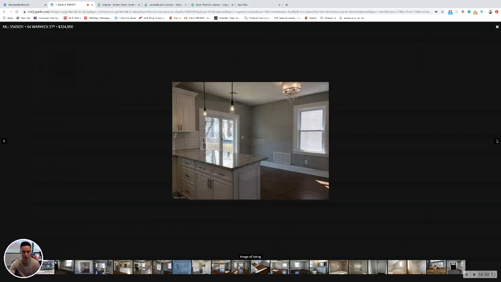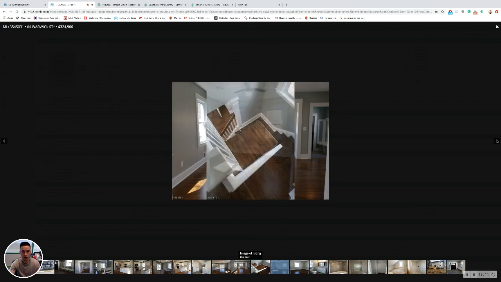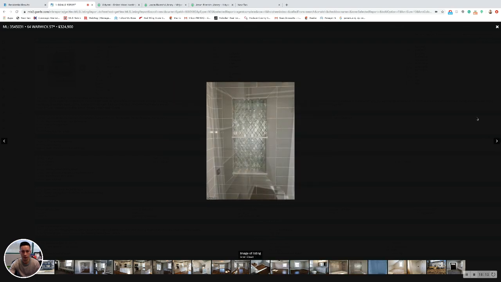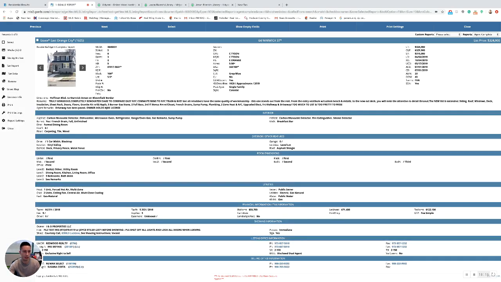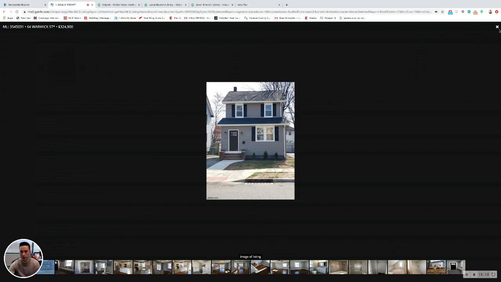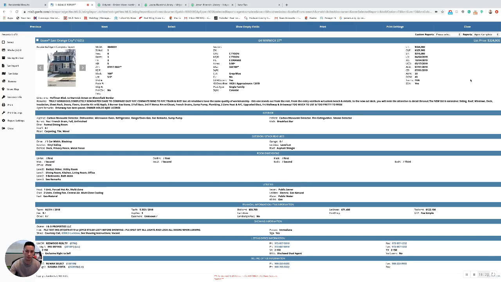New on the inside, completely renovated on the inside. Looks like the exterior was done with new siding as well. So within a certain square footage and range, with brand new siding, new roof, a completely renovated property, at any given point, it looks like it's at least 300,000 in East Orange, or at least roughly around that range,